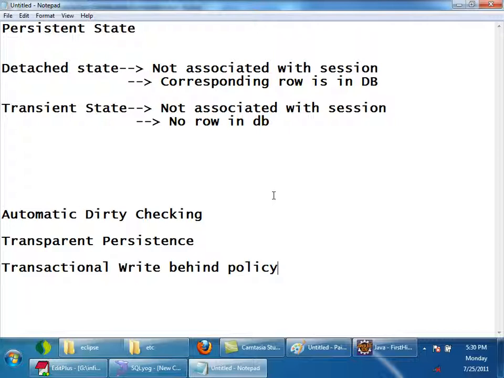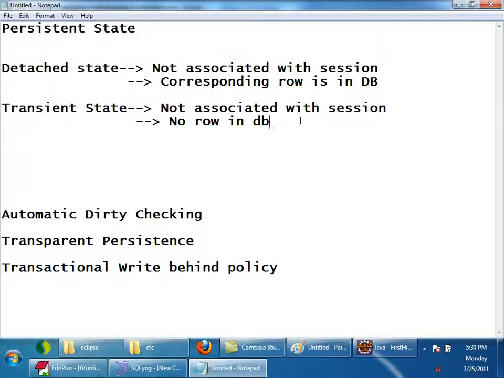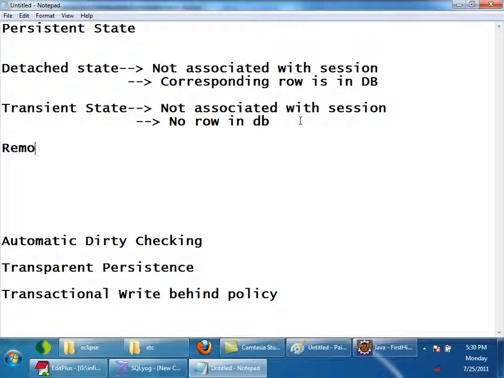So 4 states in Hibernate, but mostly these three states are important. We'll never care about removed state, right? Okay, let me just complete this removed state again.